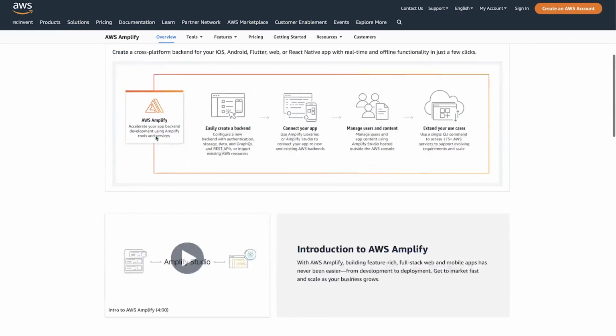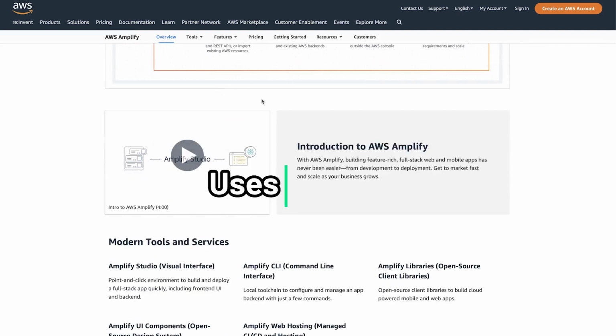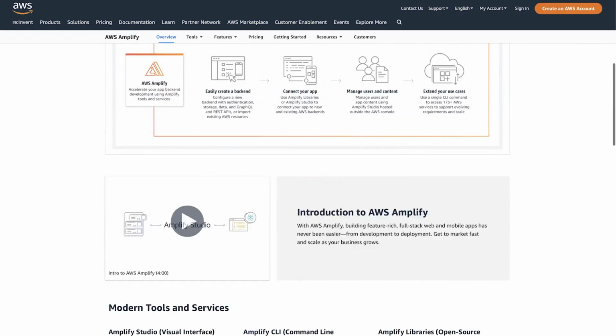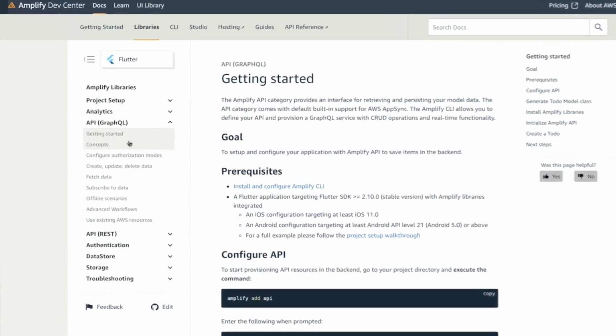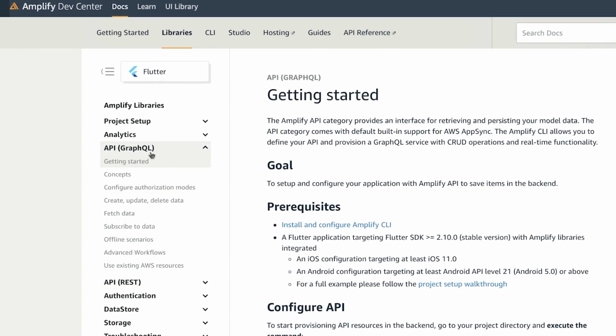But one of its big differences is that it actually uses GraphQL for its storage. You go over to the documentation, you see they have an API for REST and an API for GraphQL. Now, I'm not going to go into a crazy explanation of what GraphQL is, but you could think of GraphQL as being a different way to interact with the database. It's a little bit more complex, but the nice benefit you get here is it's a bit faster and more efficient because you can query results more to exactly what you want. So depending on what you are building, it might be a really good solution to go with a GraphQL API